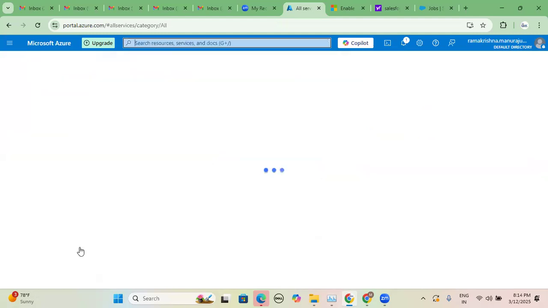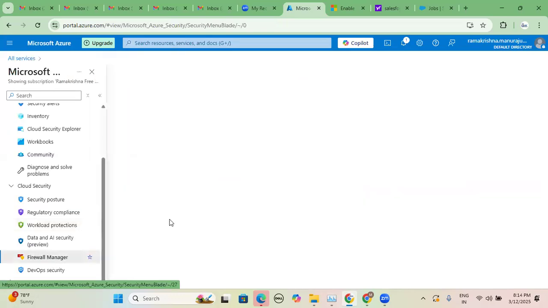So go back to, yeah, generative AI and security firewall manager. Firewall manager is mainly for managing all the firewalls. For example, maybe